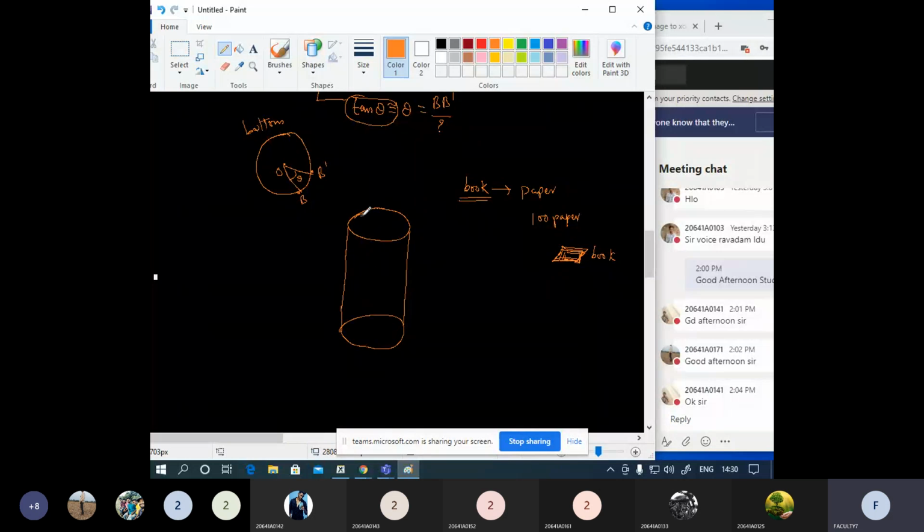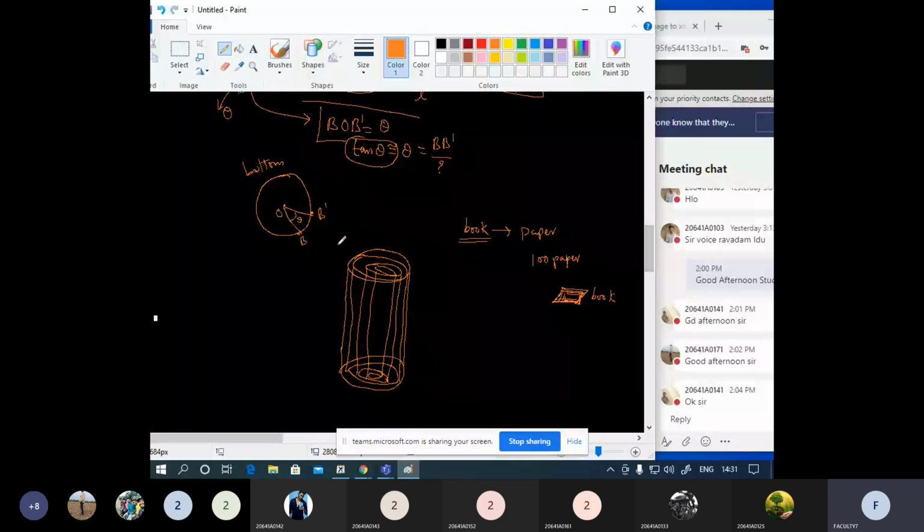Now there will be another cylinder, like this. So this is a continuous process. We are dividing the entire cylinder into a number of cylinders, and again continuously. There will be no space left. Even though you are seeing some space here, you need to consider that you are having a number of cylinders continuously. That is the thing we are going to add here, and we will extend this explanation.